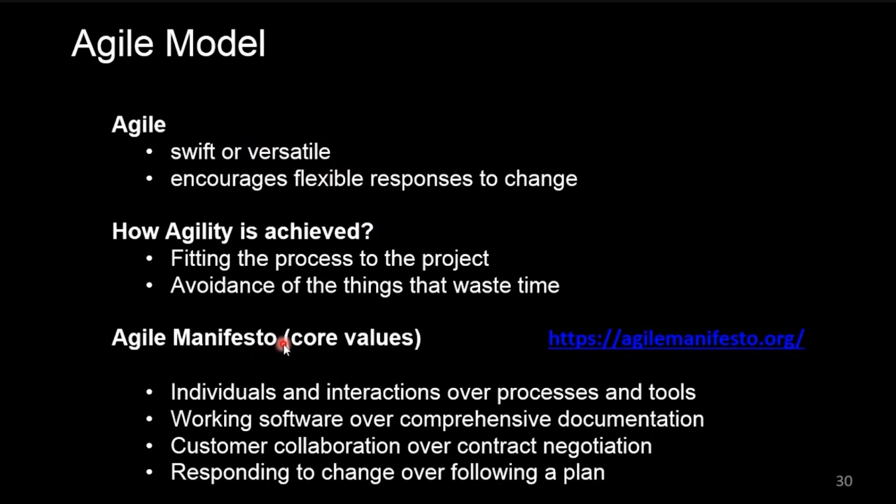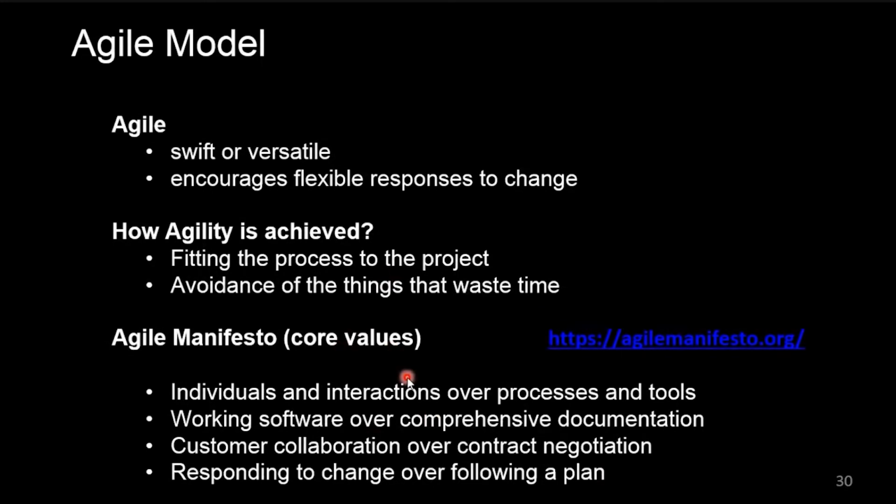After that, the agile manifesto, the core values on which this agile model focuses. There are basically 4 things. You can see these core values on the agile manifesto website. On that website, you can see these core values as well as the core principles on which this agile methodology works, and the principles that should be followed while using this agile model. So we'll see the core values of the manifesto.